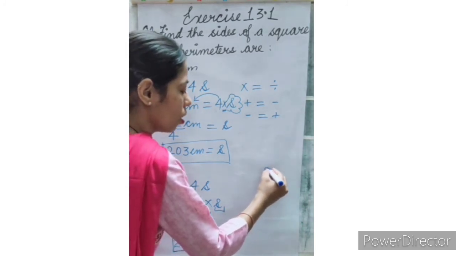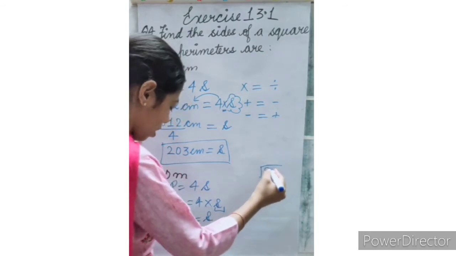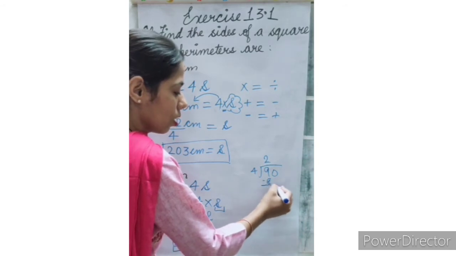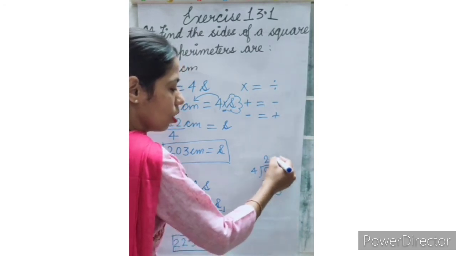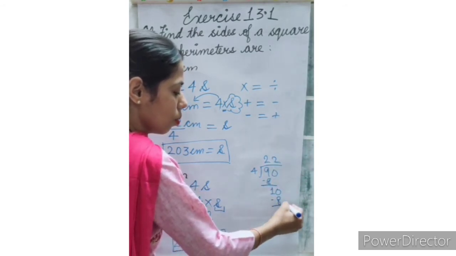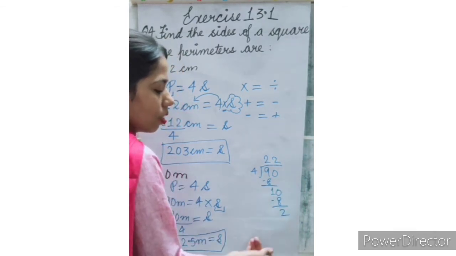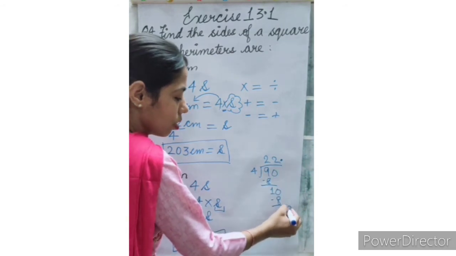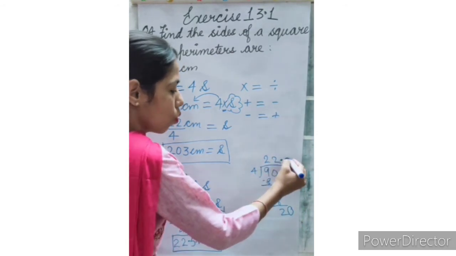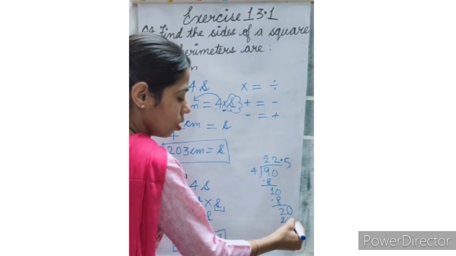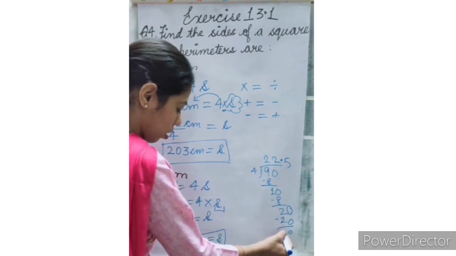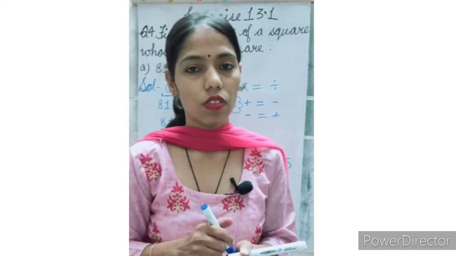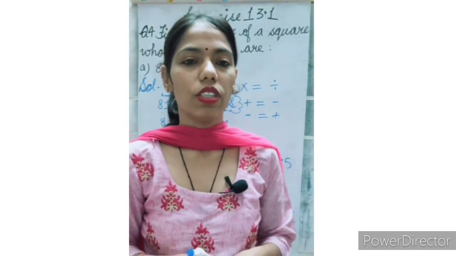If you have any confusion, you can do direct division like this. 4 2s are 8, 1 0, and 4 2s are 8 minus 2. Now as this 2 is in place of remainder, so by writing decimal here we will get a 0 downside. So 4 5s are 20. 22.5 meter. The side of this square is equals to 22.5 meter.